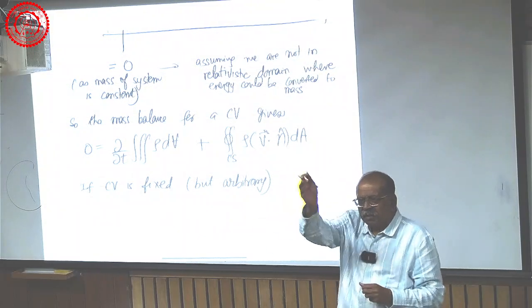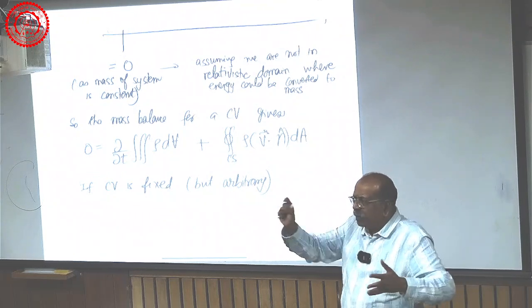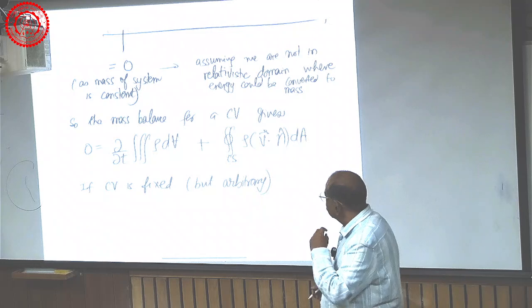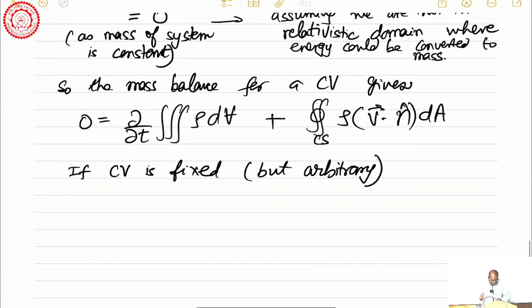Arbitrary means it could be anywhere in space. If I have a big flow domain, it could be any region in space. Then this equation will become, so this will become 0 is equal to volume integral of